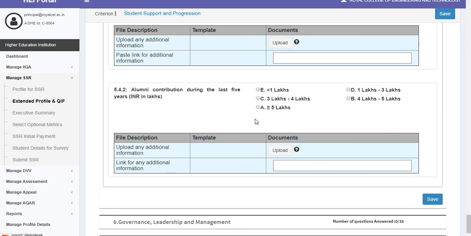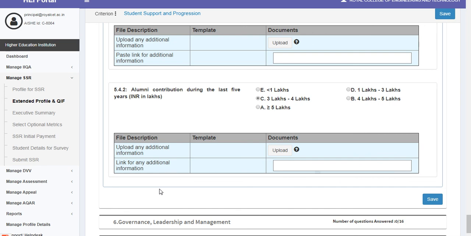So for your institution, if the alumni contribution is between 3 lakhs to 4 lakhs, you have to select option C. In this metric, you have options to upload any additional information, or you can provide the link for the additional information on your institutional website.